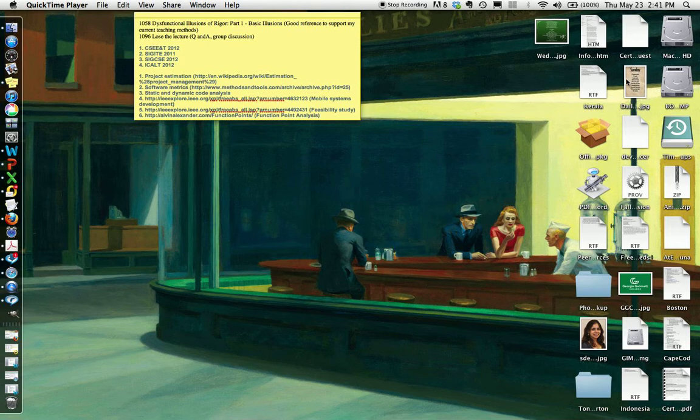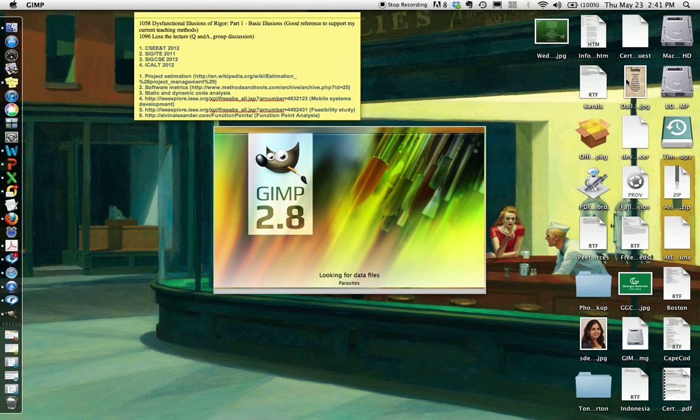Be patient, it takes a little while. So you want to make sure that you wait. You do not want to double click on a file and open it. When you do that, by default, because the file image has a .jpg extension, the operating system will open your file using some kind of a preview program. On a Mac computer, the program is Preview. I'm sure there is a previewer on Windows as well.